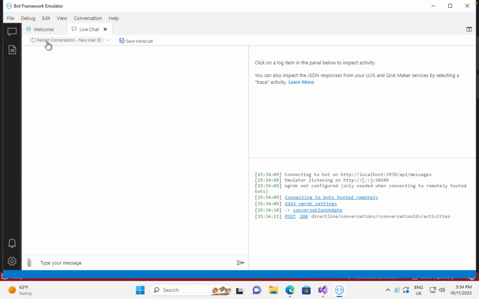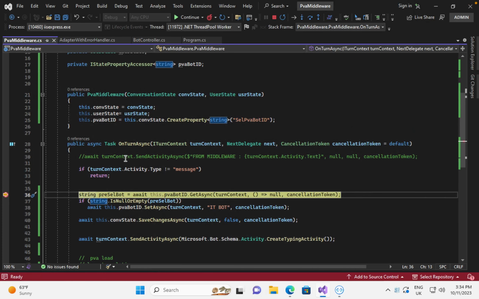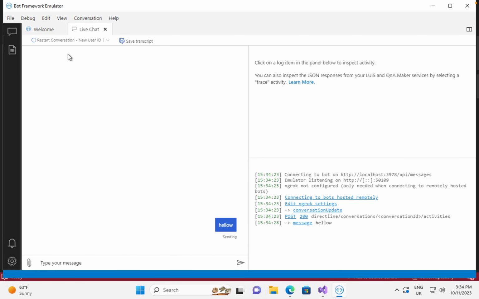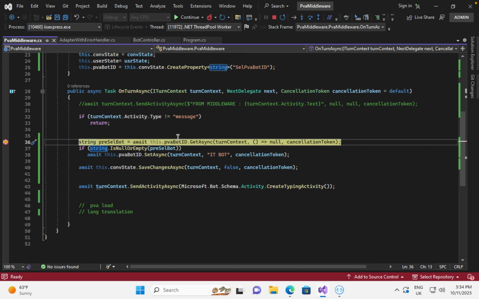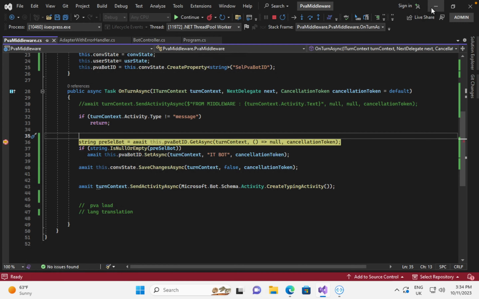Let's restart the conversation, and I would say hello, and there it goes. Oh, I understand. You see, when we restarted the conversation, even then we are not hitting the breakpoint because of this thing. What I'm saying is, if the activity type is a message, only then you select the value. Previously it would be member added. The activity type would be member added when you click on restart the new conversation,